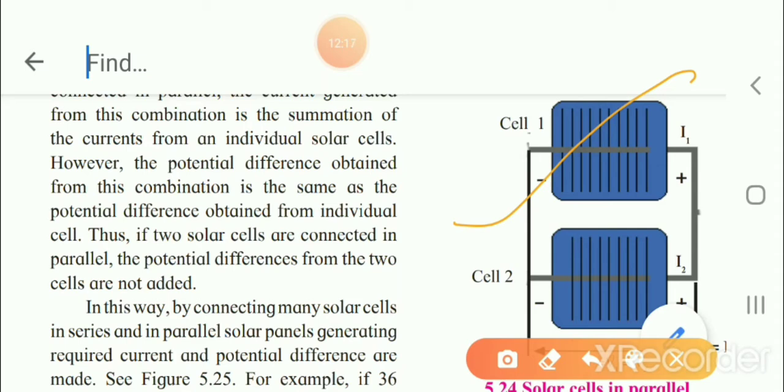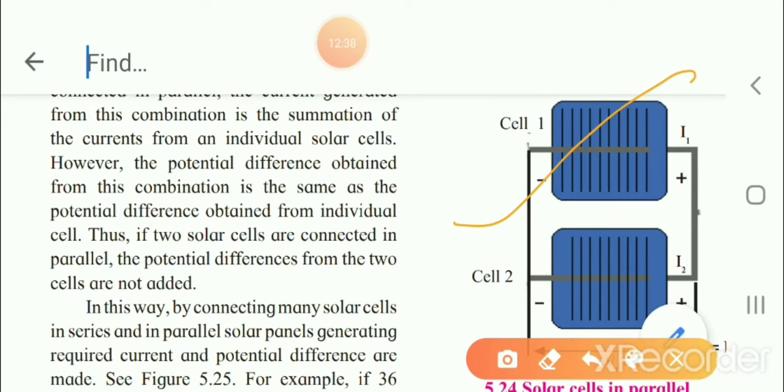So if two solar cells are connected in parallel, the potential difference from these two cells is not added, only the current is added. That means I is equal to I1 plus I2. Now we will see, children, that